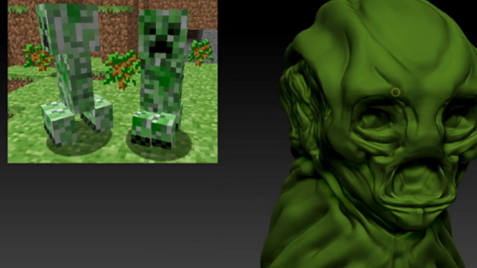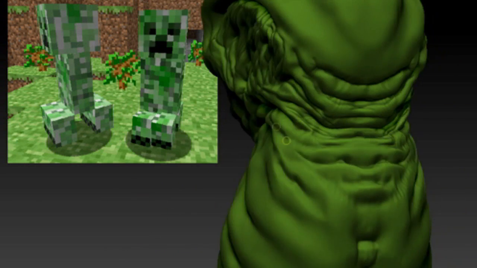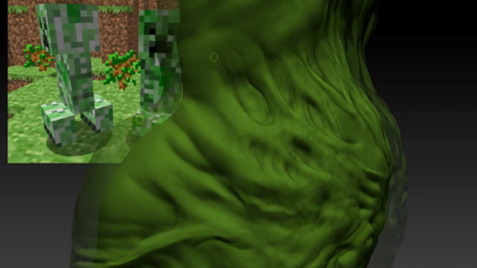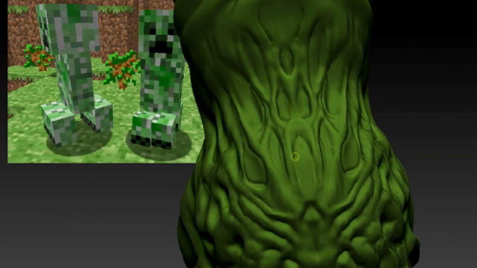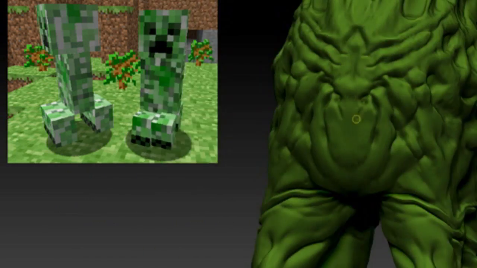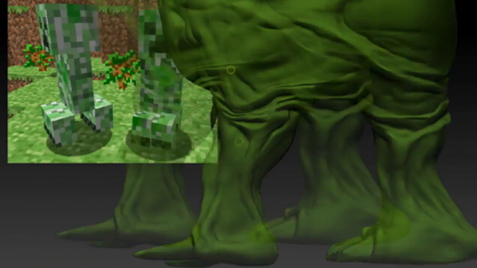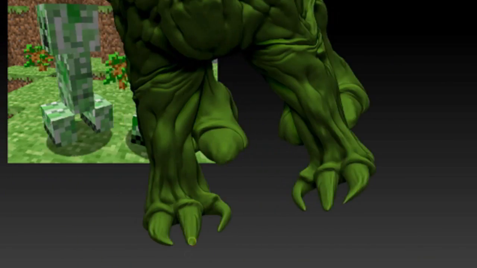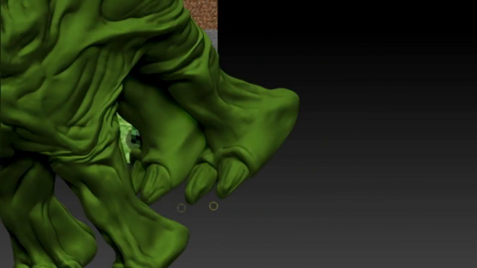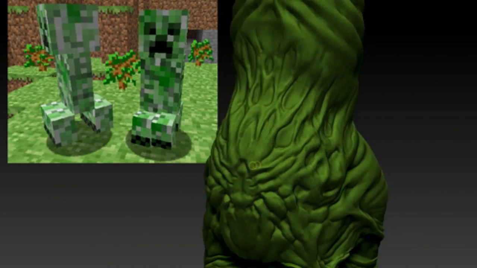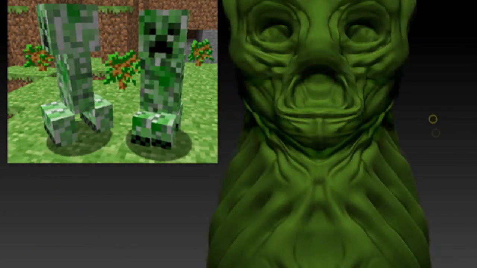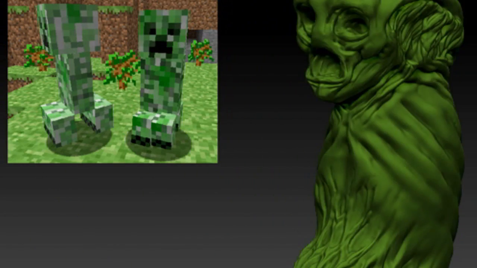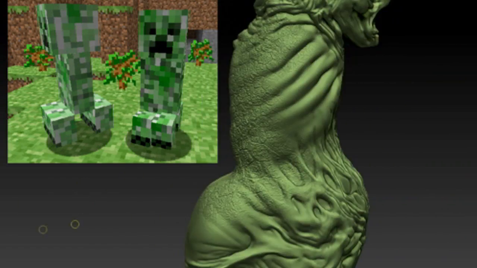So I remember at this time I'm starting to think about the actual paint job, or the color map for this. I think usually on subdivisions around 5 or 6 or 7, you're not really adding more detail, you're just refining the details that you already made by using various brushes. So as you can see, the face is a lot more clean now.